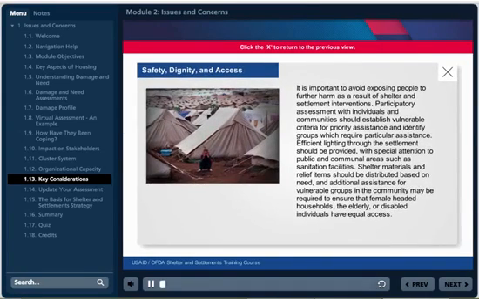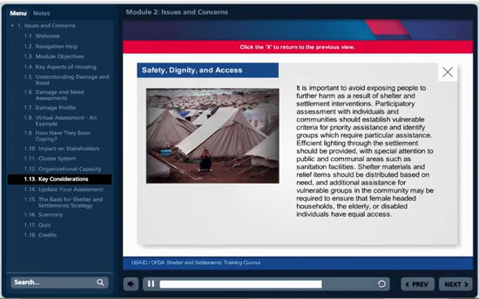It is important to avoid exposing people to further harm as a result of shelter and settlement interventions. Participatory assessment with individuals and communities should establish vulnerable criteria for priority assistance and identify groups which require particular assistance. Efficient lighting through the settlement should be provided, with special attention to public and communal areas such as sanitation facilities. Shelter materials and relief items should be distributed based on need,